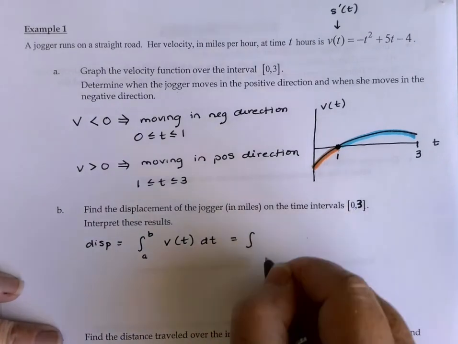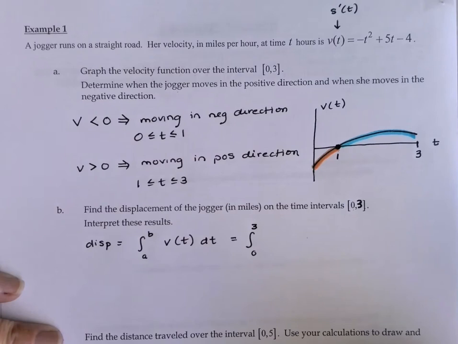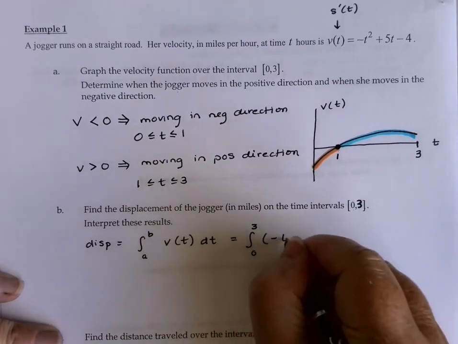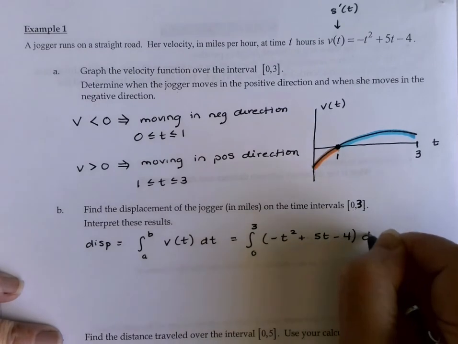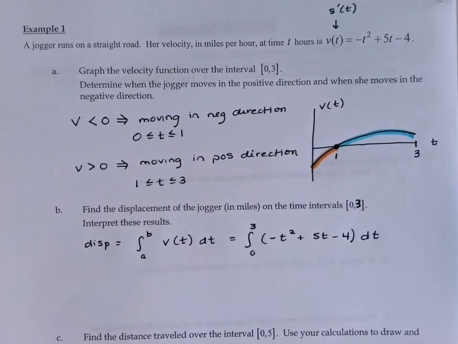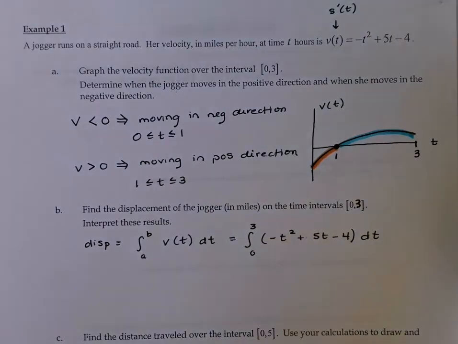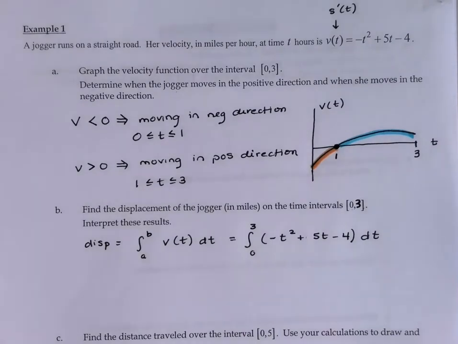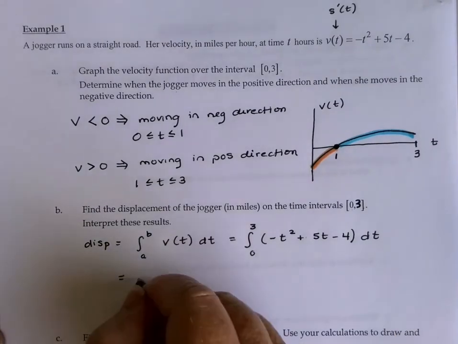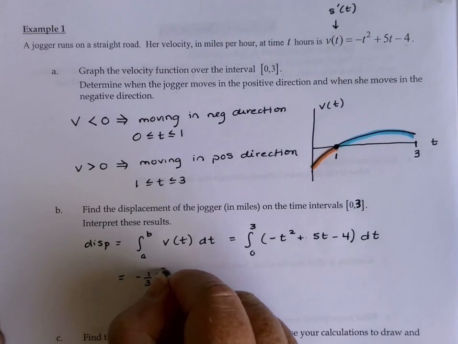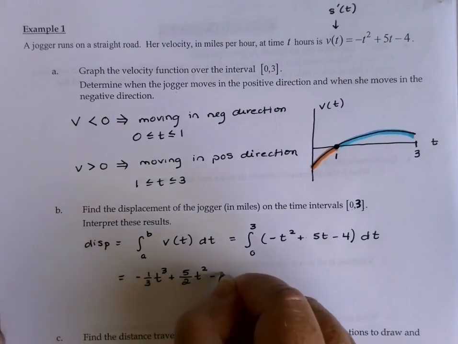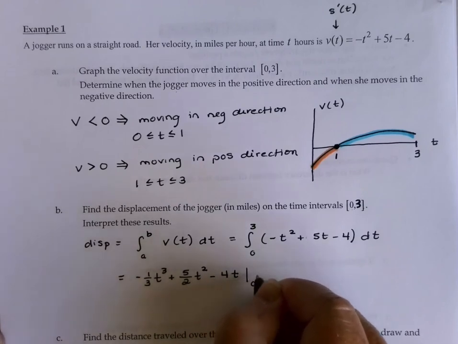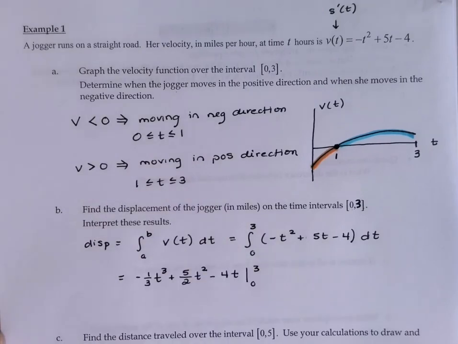which in this case would be the integral from 0 to 3 of that velocity function, negative t squared plus 5t minus 4 dt. All right, let's go ahead and do that integral. We would have negative 1/3 t cubed plus 5/2 t squared minus 4t, evaluated from 0 to 3,